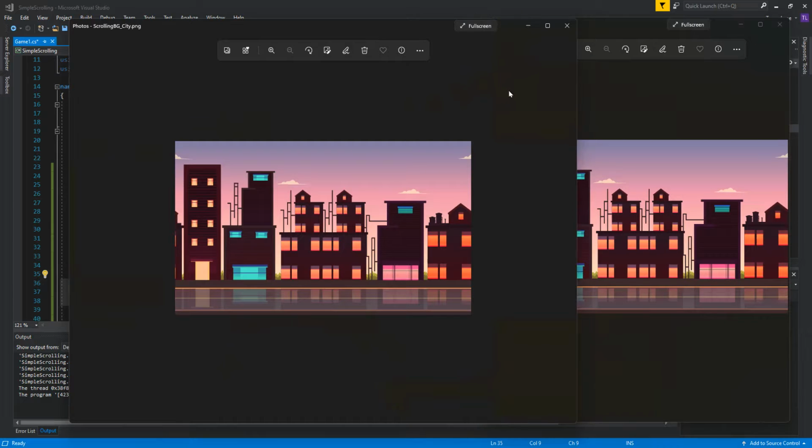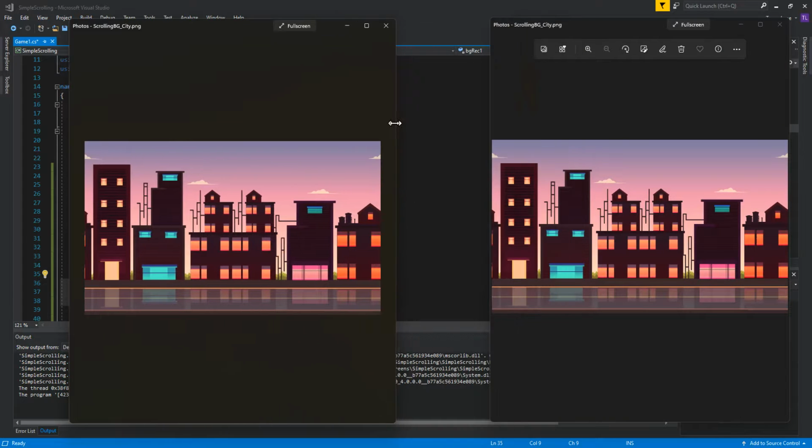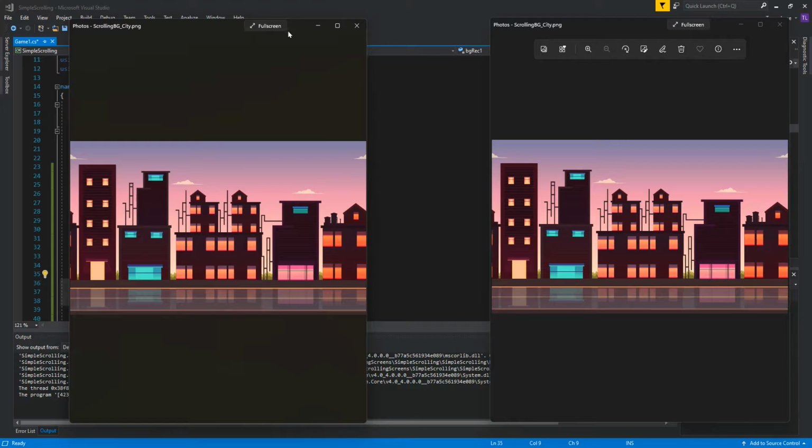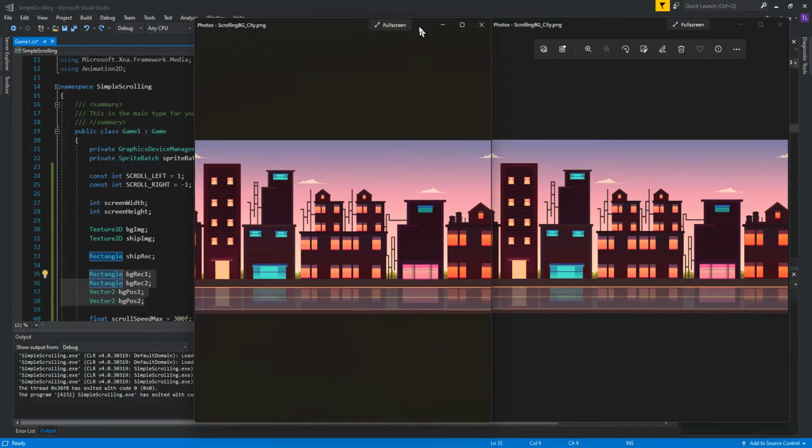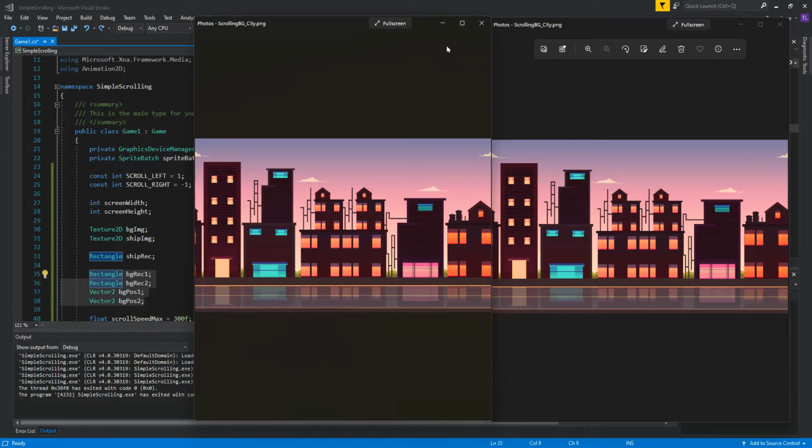There we go. And then we'll shrink this one down too. So what's actually happening is, if we line them up the best I can here, when we run to the right, our character is going to be standing about right here in the center of this. When we run to the right, both of these background images are going to scroll to the left. And eventually one of them, this one to start with, is going to get all the way off